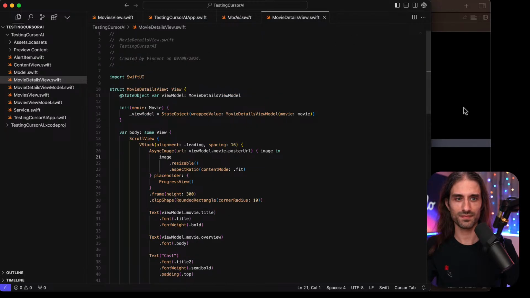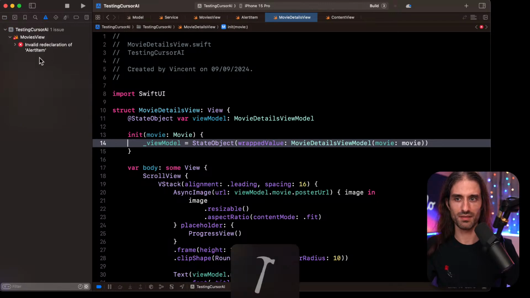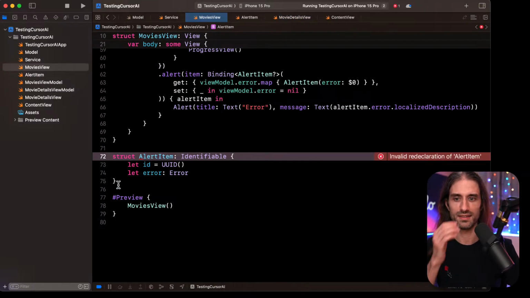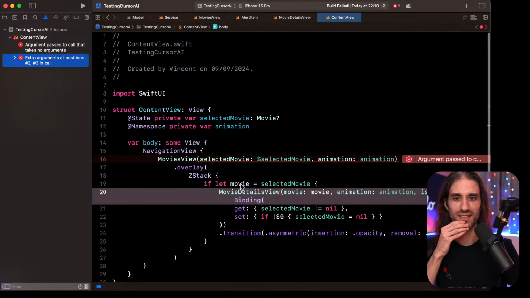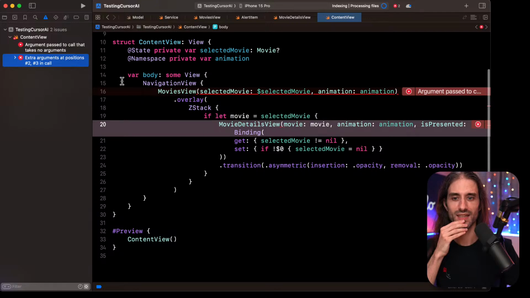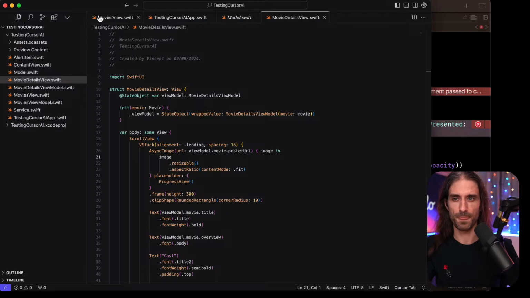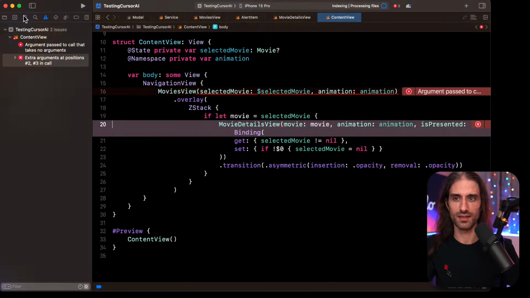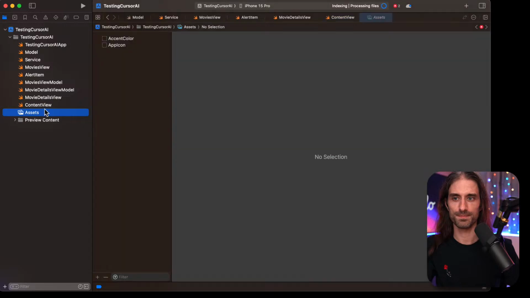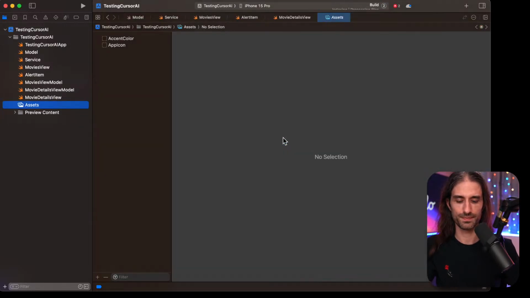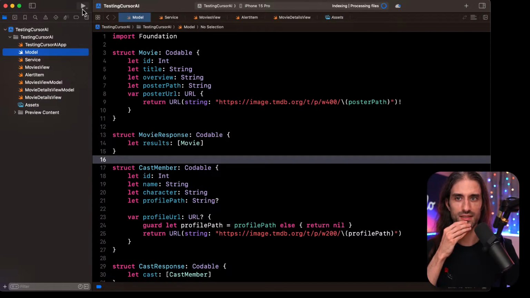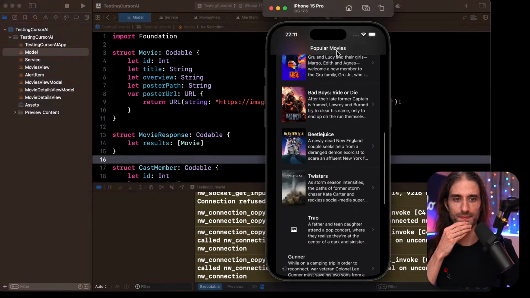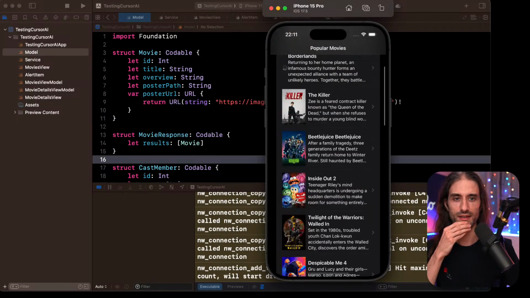All right. So this way, maybe I will have. Yeah, now alert item is already clear, so I can get rid of it. Okay, so you definitely want. No, I have something that's wrong here. Yeah, because the content view is no longer useful, so I can get rid of the content view. I don't need it anymore. Actually, I can just get rid of the content view like that. Move to trash. All right, build succeeded this time. I'm just gonna try and see. Yes. Okay, now let's try and add pagination.